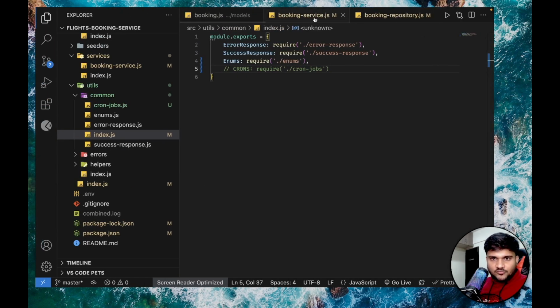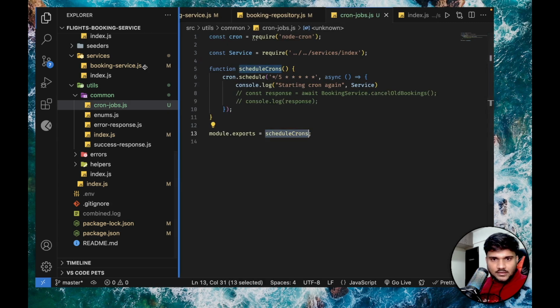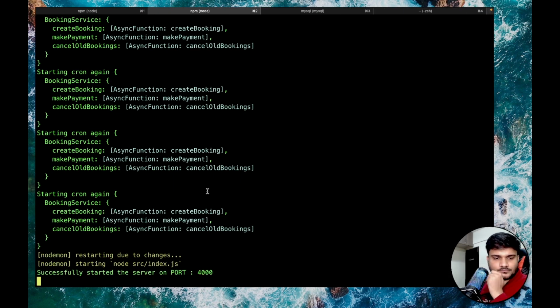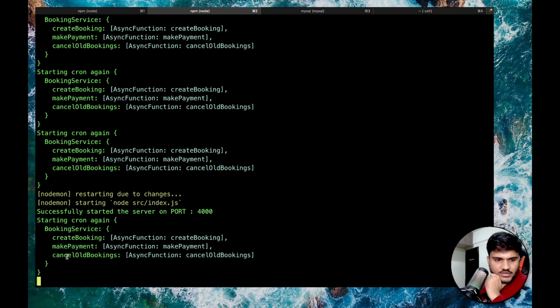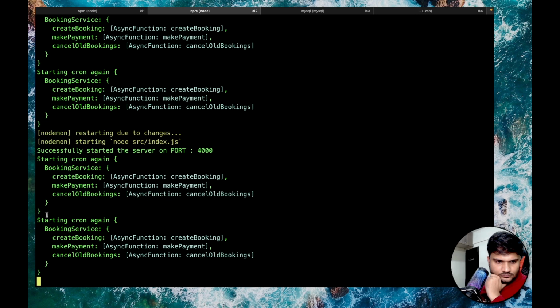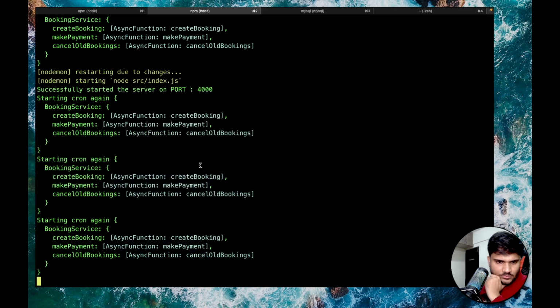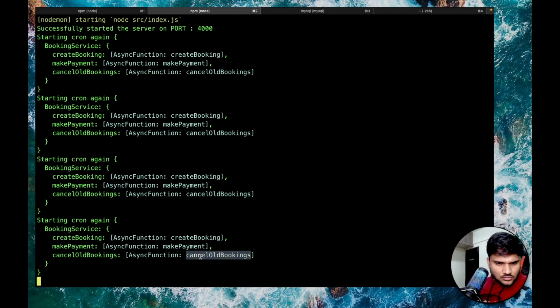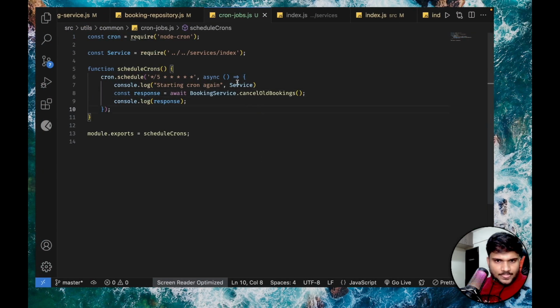Let's first of all get the cron working up and running, and then now let's try to get some response. Let's see whether we are getting the booking service response or not. So we started the cron. Okay, let's see booking service dot cancel old bookings. Let's see whether we are going inside it or not. Sorry, this is a service object, my bad. This is service,